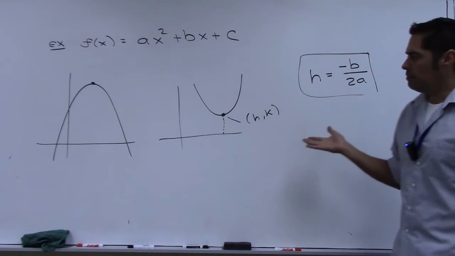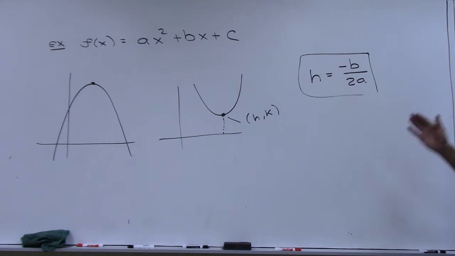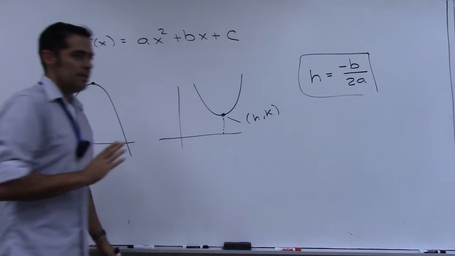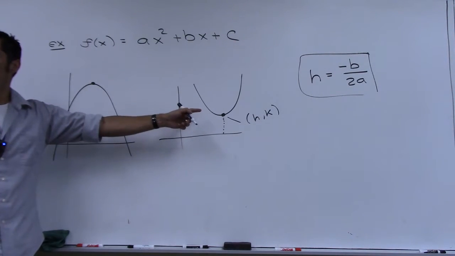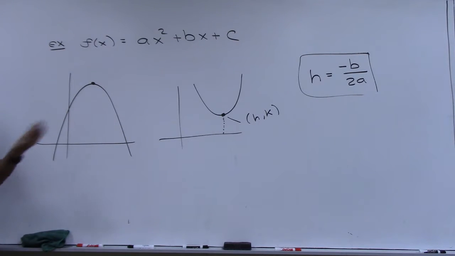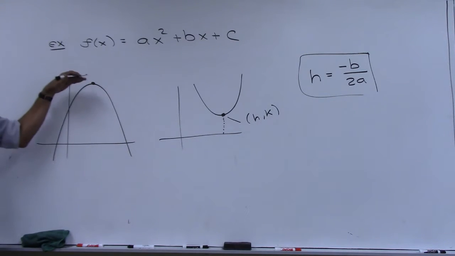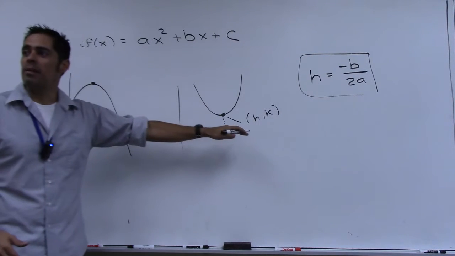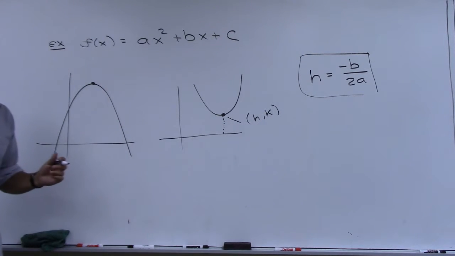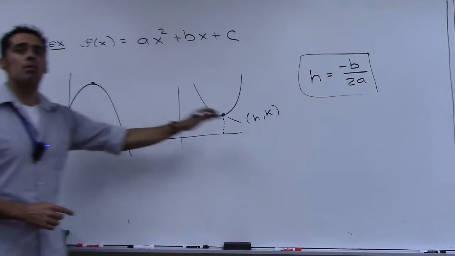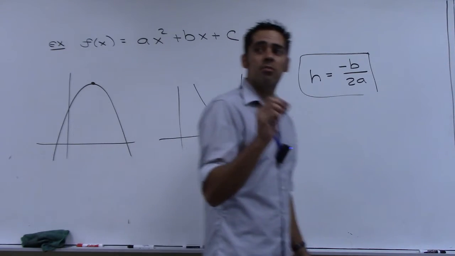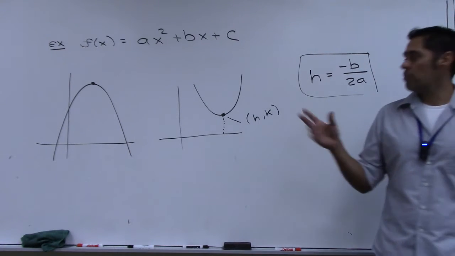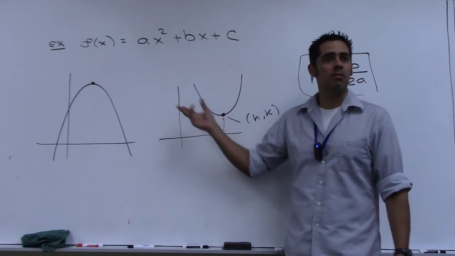So check this out. We know for a parabola that it has a local minimum or a local maximum. That's the only thing that could happen, right? Local max, or absolute max really, but local max, local min, yes? Do we also agree that at the local max or local min, you would have a derivative that would be 0? Yes? So the derivative would exist and it would be 0? Yes?